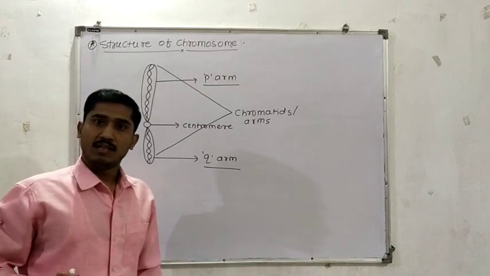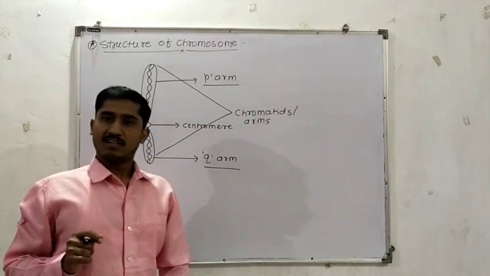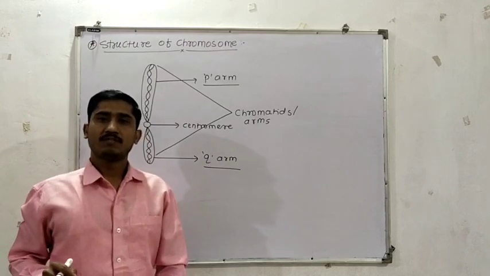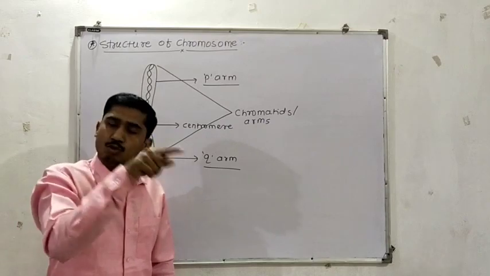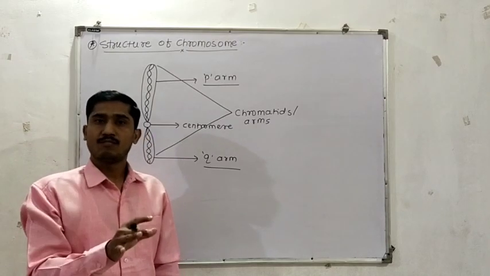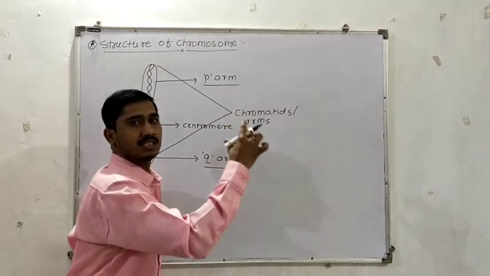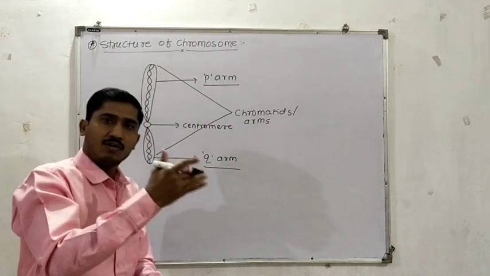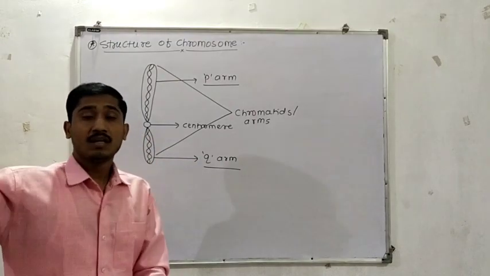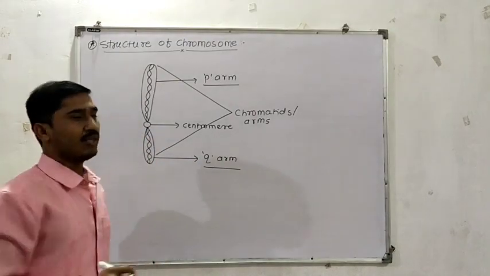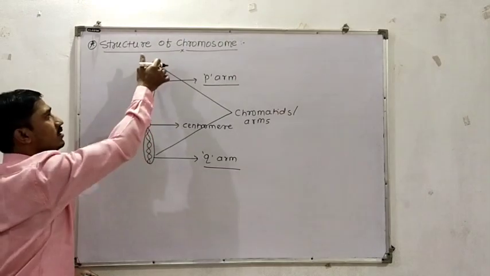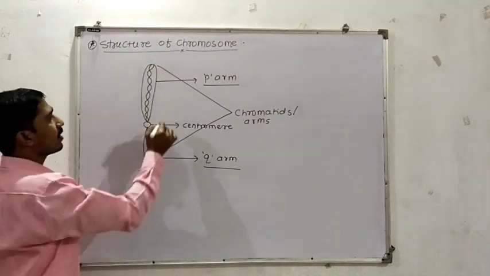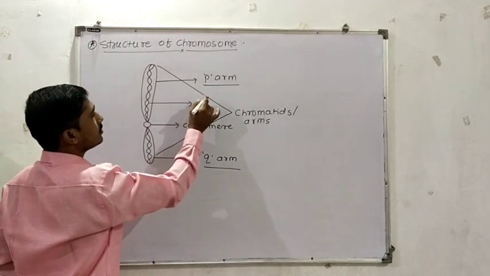Suppose in case of human beings, the length of DNA is 2.2 meters. And the total number of chromosomes present is 46. That means 2.2 meters of DNA is composed by 46 chromosomes. So the DNA is divided into these 46 chromosomes, right? Suppose this is the part of DNA composed by this chromosome. So this part is called